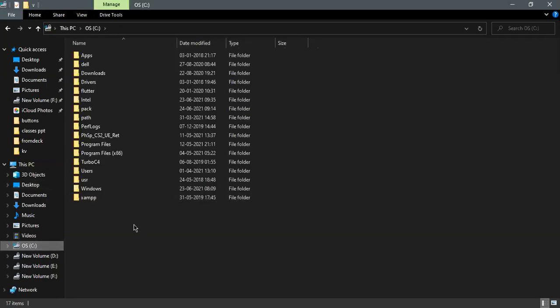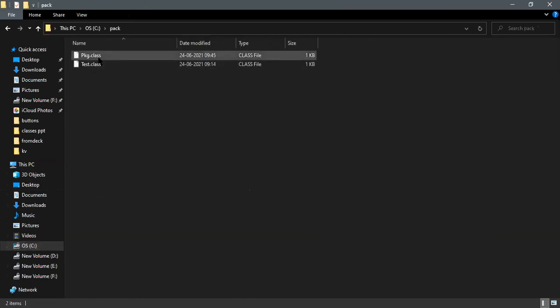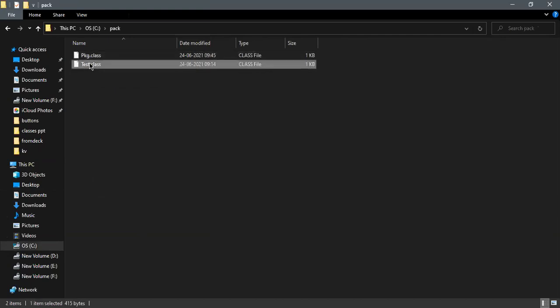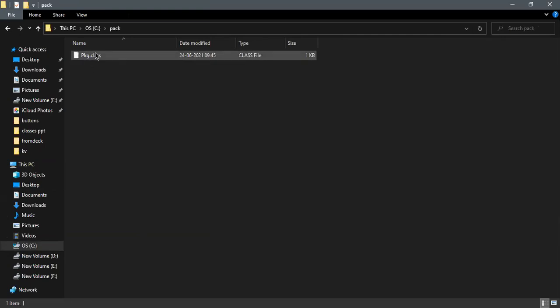So here, where is this one, PACK. Inside this we are having pkg.class. Don't go for this, this is another one. See this one. So the .class file has been created over here. Got my point? We'll go for the complete package and we'll create it over there. So see this one, what I asked the compiler. Let me show you that.